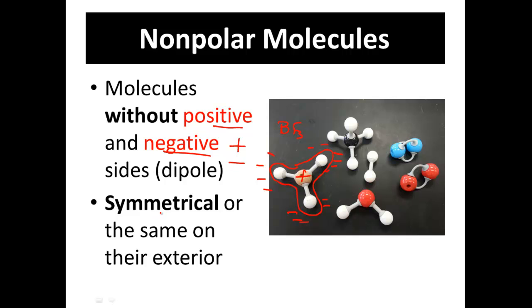So nonpolar molecules tend to be symmetrical. This trigonal planar shape is symmetrical. It's the same on all sides. On this side, it's a white molecule bonded to a white molecule. This side, a white molecule bonded to a white molecule. And likewise, this side, a white molecule bonded to a white molecule, for the sake of